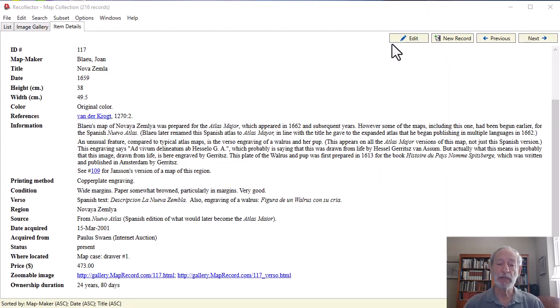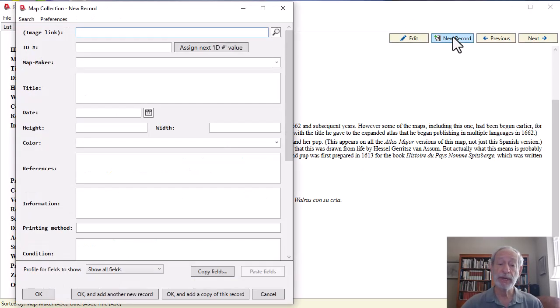So far, we've been looking at a collection that has already been cataloged. But how do you enter data into a collection to start with? Or how do you add new records when new items come into your collection? Recollector automatically creates an editing window for your collection. The editor can be further customized so that you can have, for example,